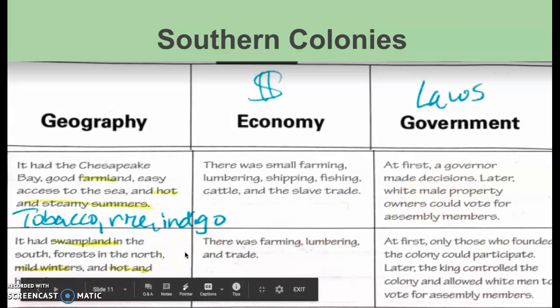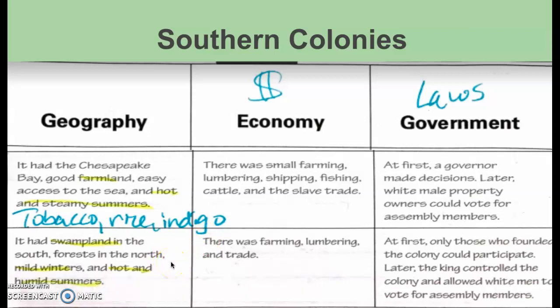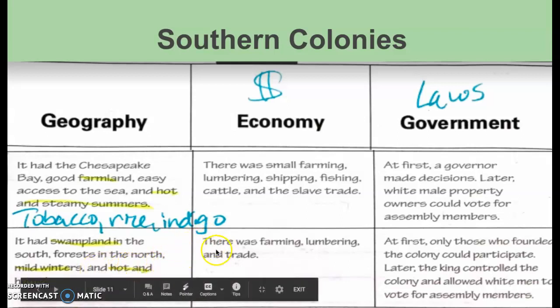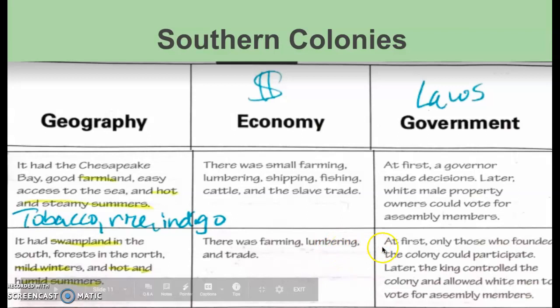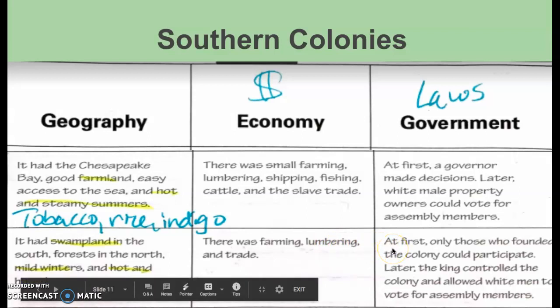In Georgia, they had a lot of swamplands, forests, mild winters, and hot summers. Again, this is a perfect area for farming and plantation agriculture, which we'll talk about again later as we go further down the road with U.S. history. And it is the only colony that is